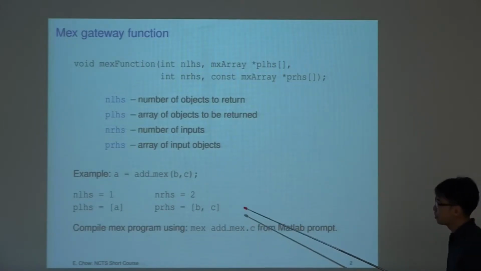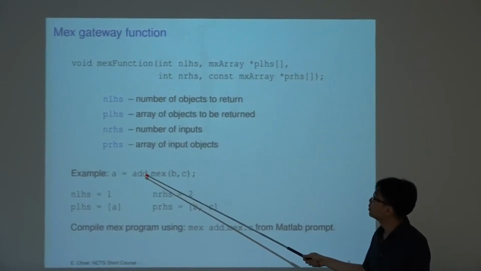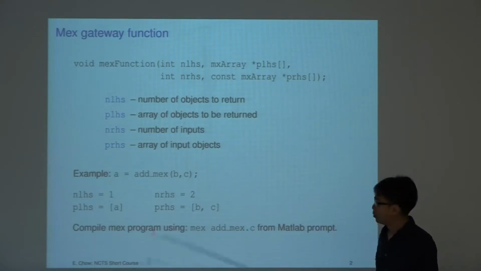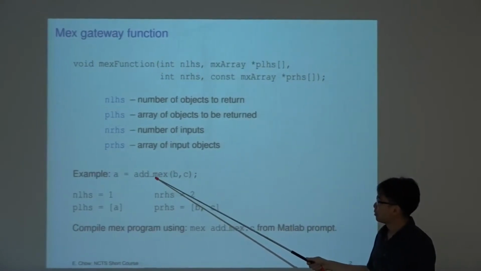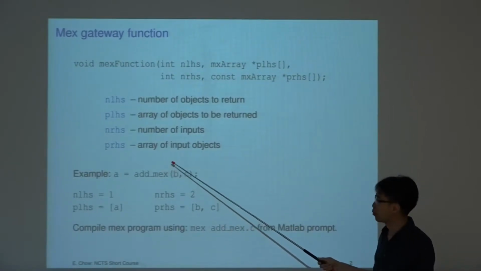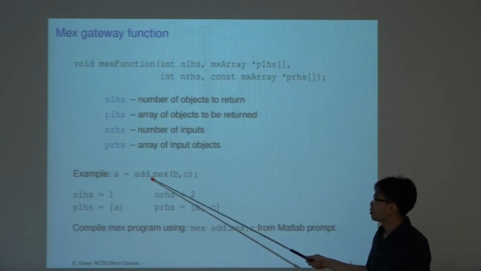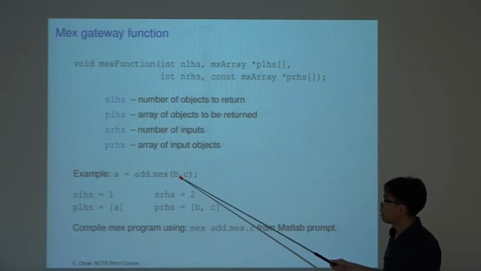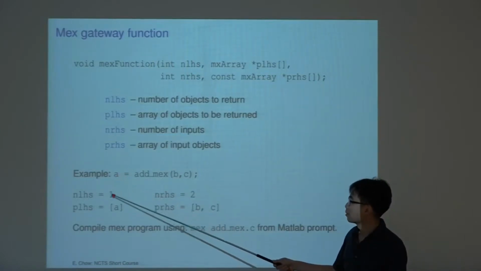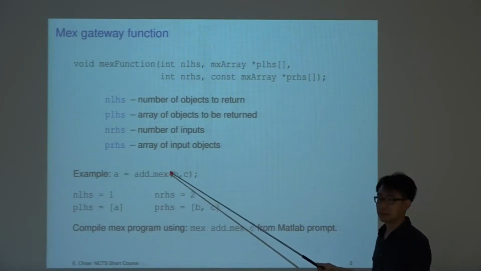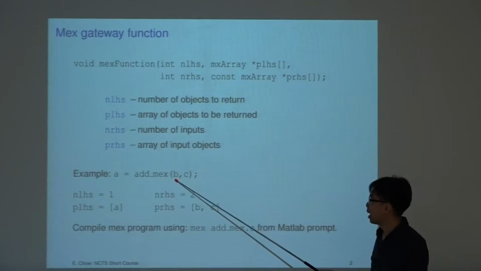So to make things really clear, let's suppose that we have a function that we wrote that we're going to call addmex. Okay, so you don't have to call your functions mex. I just do it because I like to know that I'm calling a MEX function. So normally when I write a MEX function, I use _mex at the end. So this function takes 2 arguments, so 2 inputs and 1 output. Okay, so number of objects on the left-hand side is 1. And what it does is it's going to just add two numbers together, add A and B together and return